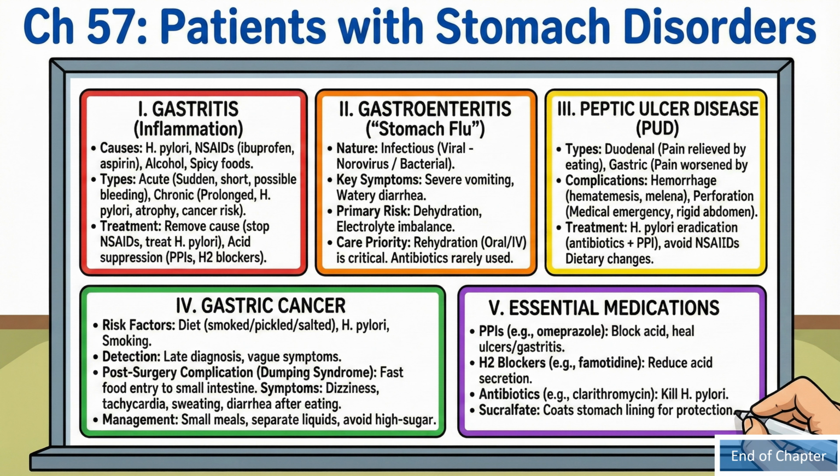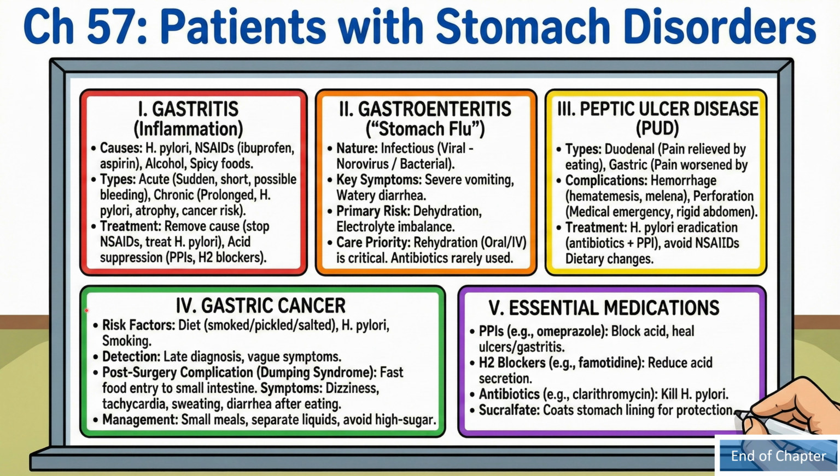This slide is a very quick summary of chapter 57, patient with stomach disorders. We talked about gastritis, the inflammation, the causes, types, and treatment. We talked about gastroenteritis, the stomach flu, the nature of it, the key symptoms, primary risk, care priority. We also talked about peptic ulcer disease, the types, complications, treatment,